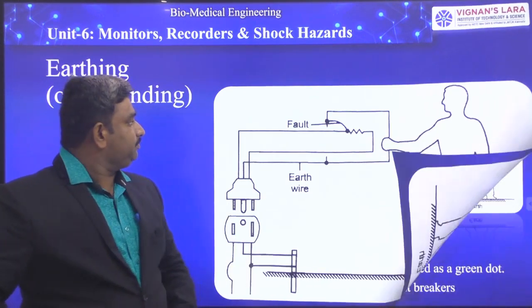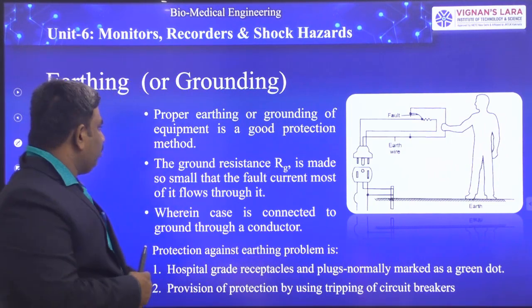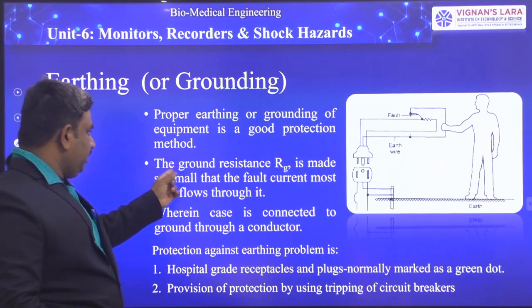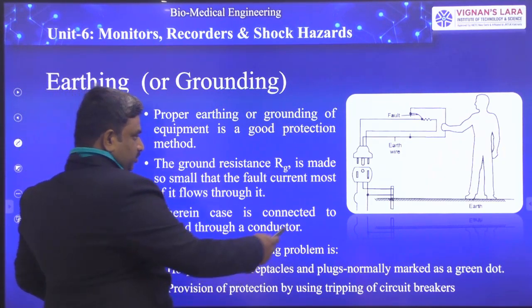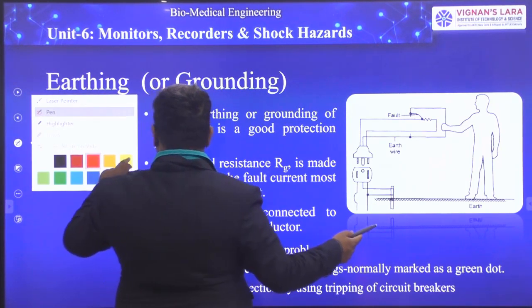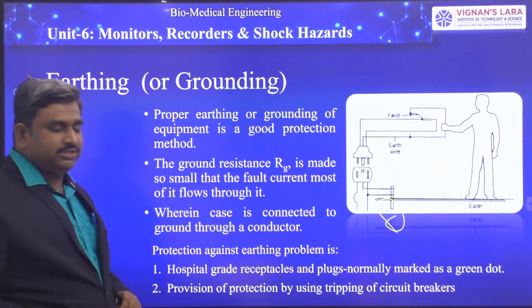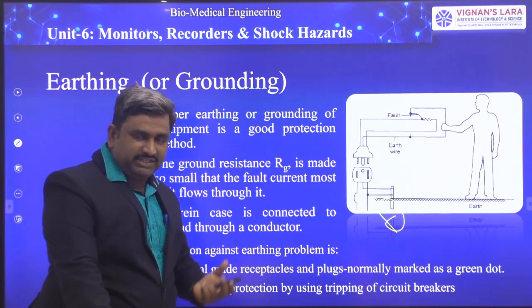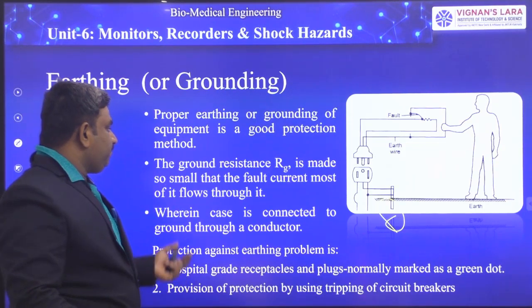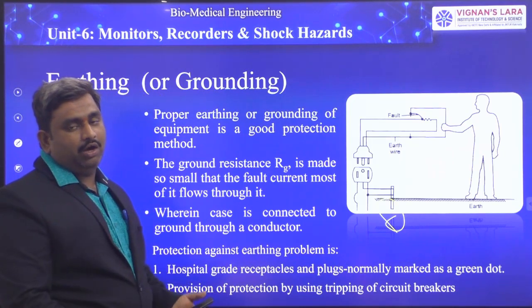Next, coming to grounding. This is the theoretical explanation for grounding. Proper earthing or grounding of the equipment is a good protection method. Whichever resistance we are using in this grounding connection, we represent the resistance with Rg. The Rg value is as low as possible, so small that the fault current most of the time flows through